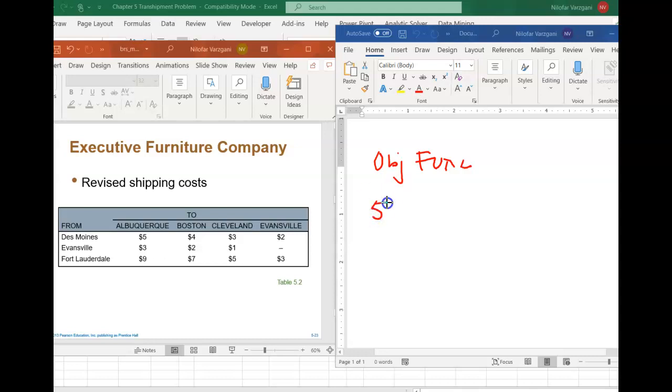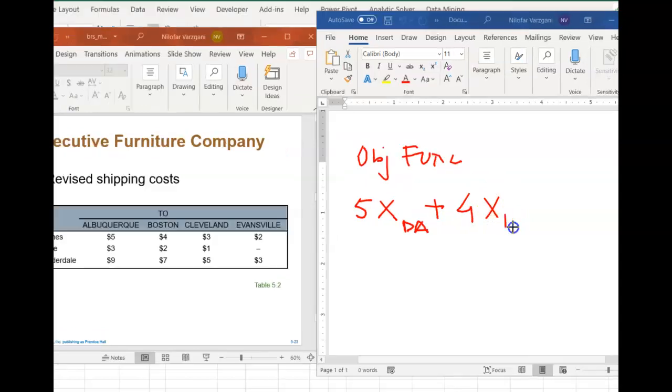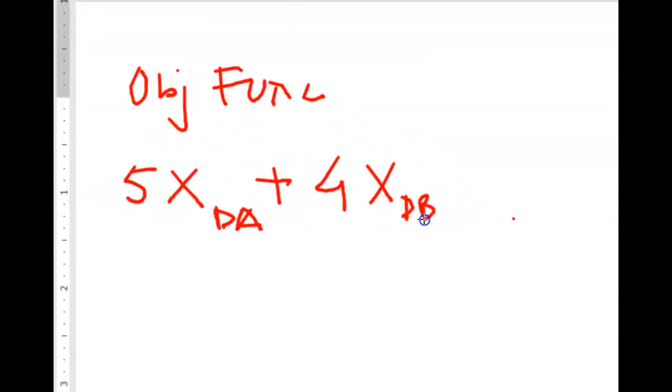5 is the first shipping cost. The decision variable associated with 5 is X dA, plus 4 X dB, plus 3 X dC, plus, now because we have a fourth route available that goes from Des Moines to Evansville, we will